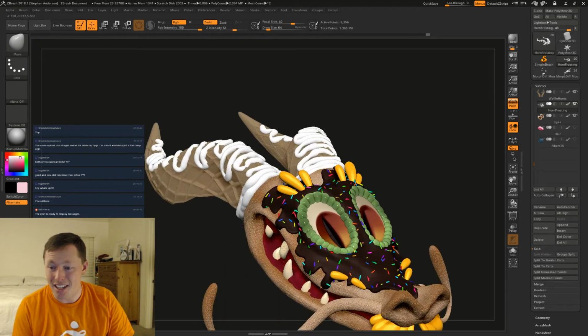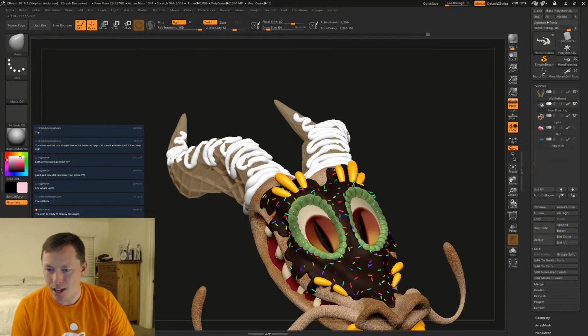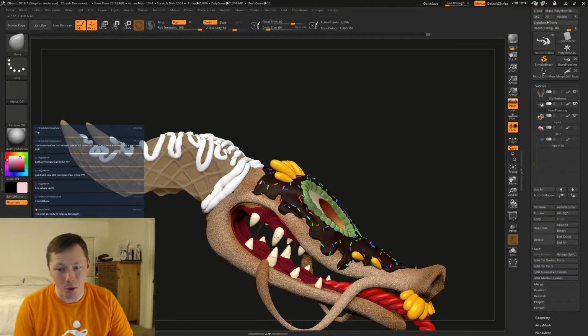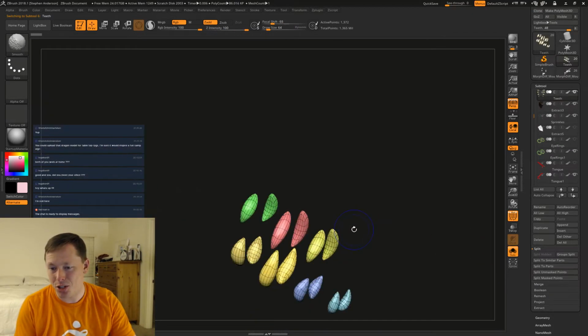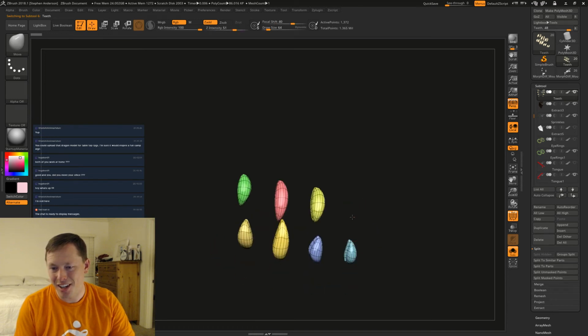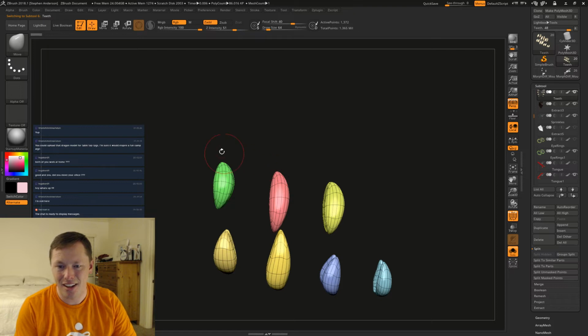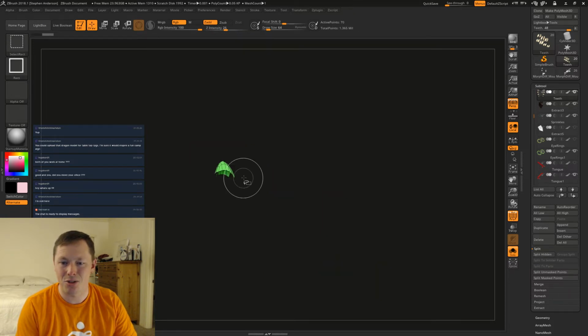Okay, these teeth. I was thinking with the teeth of making them into candy corn, but now I'm not entirely sure. Okay, let me try it.